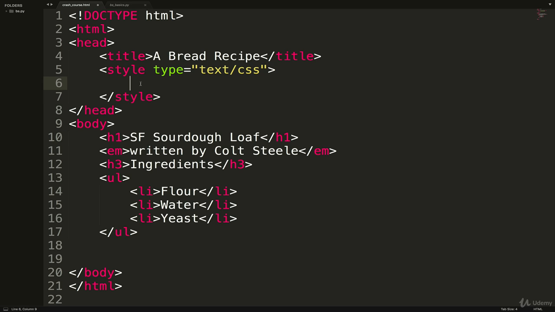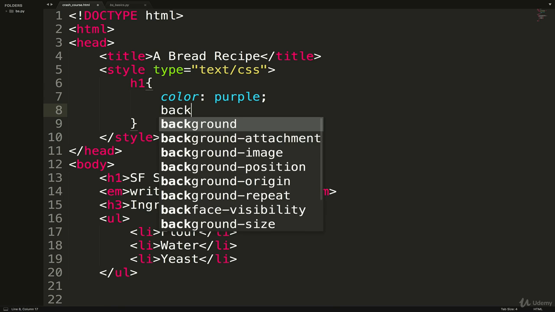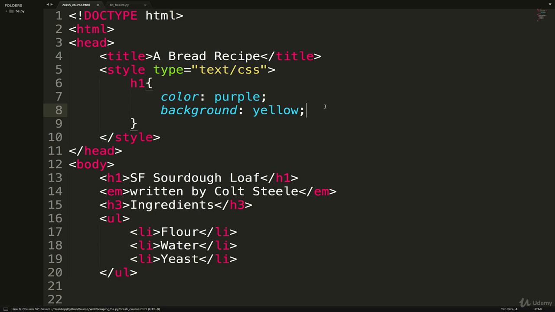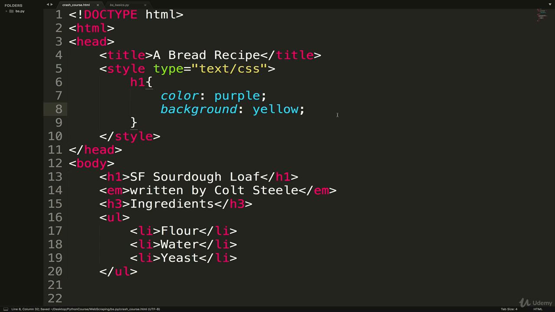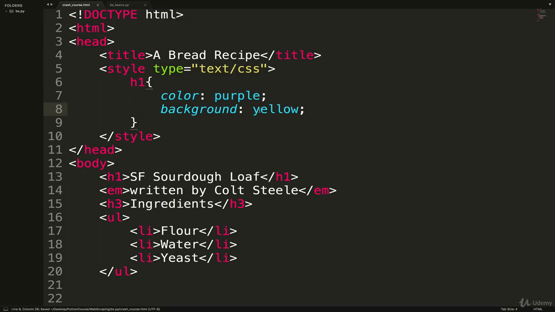So here's the syntax. If I want to make H1s purple, who wouldn't? Such a great color. Then I do this right here. H1, then these brackets. Inside of them, key value pairs. It's sort of like a dictionary. Color, purple. I could also do something like background. This is going to be so ugly. Background yellow. And then I need these semicolons afterwards. Unlike Python, for example, we need this to specify the end of a line. If I now refresh my page, look at that beautiful purple text with a yellow background. And it's worth noting that applies to all H1s on the page. There just happens to only be one.